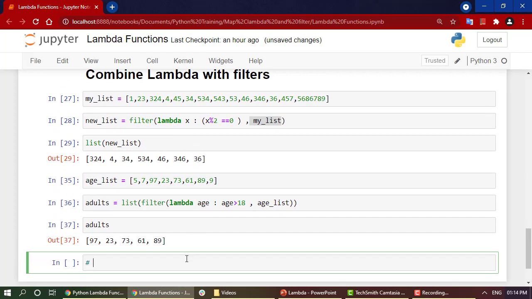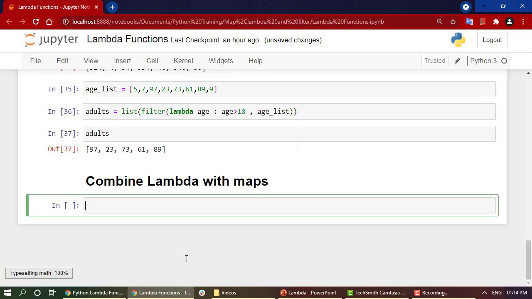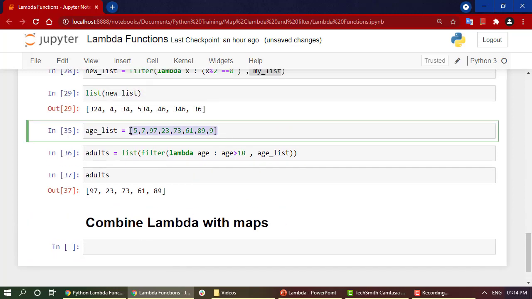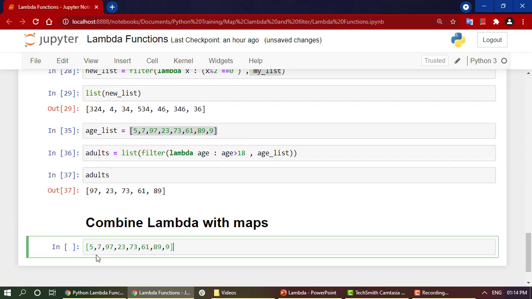Let's combine maps with lambda functions. Combine lambda with maps. Let's change it to markdown and let's have a new list. Okay, in this list what we have to do is get out the square of each and every number. Let's take this one itself, okay, and pass this to